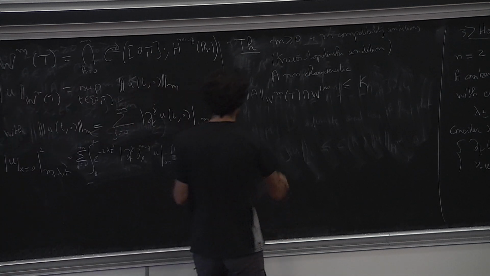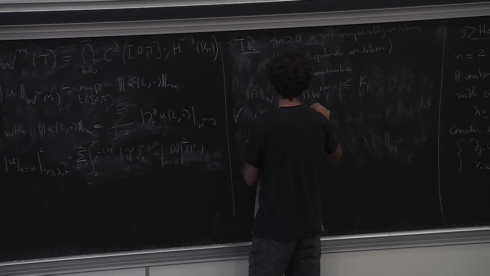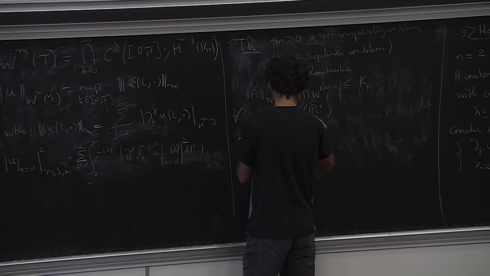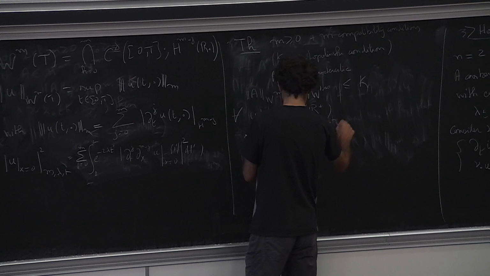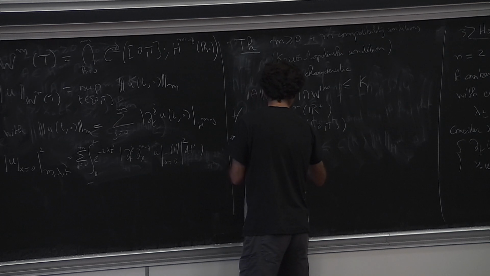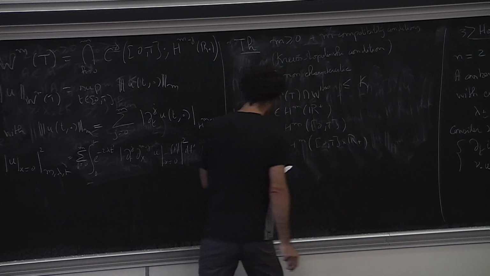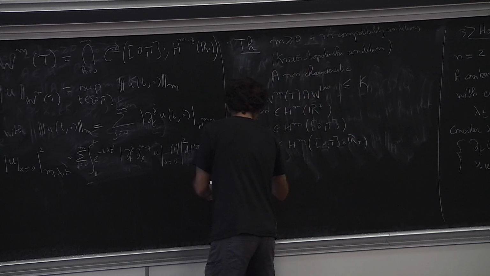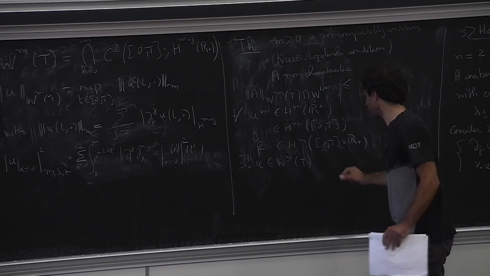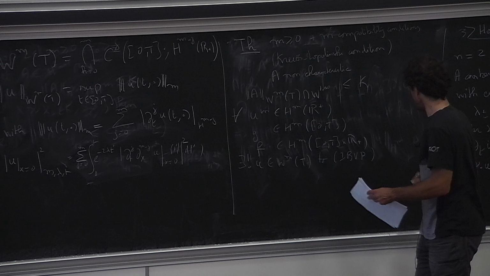Then for all initial data in H^m of R plus, for all G in H^m of the time interval (0,T), which can be infinite, for all F in H^m of (0,T) times R plus, there exists a unique solution in W^m(T) to the initial boundary value problem that satisfies